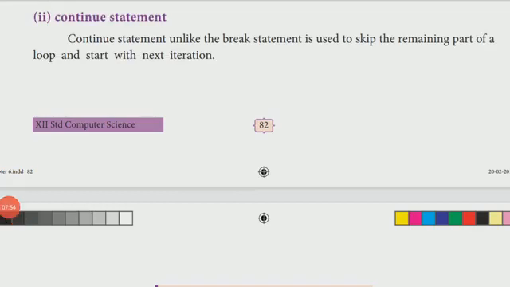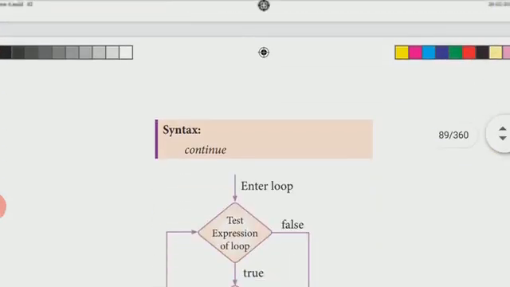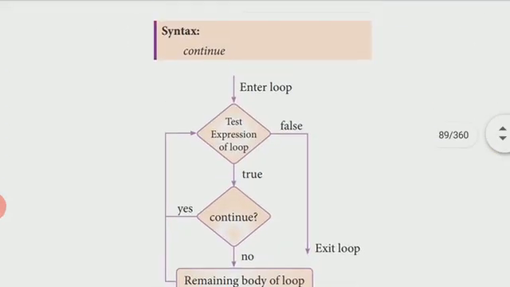The next statement is the continue statement. We already saw how the break statement is working. Now the continue statement won't do anything. It will continue the process, and the syntax is continue with small letters.